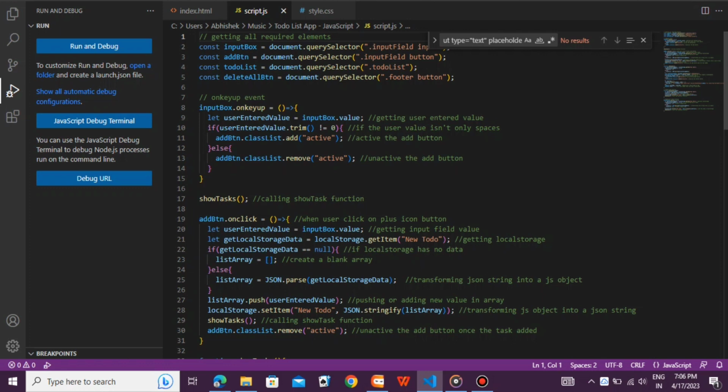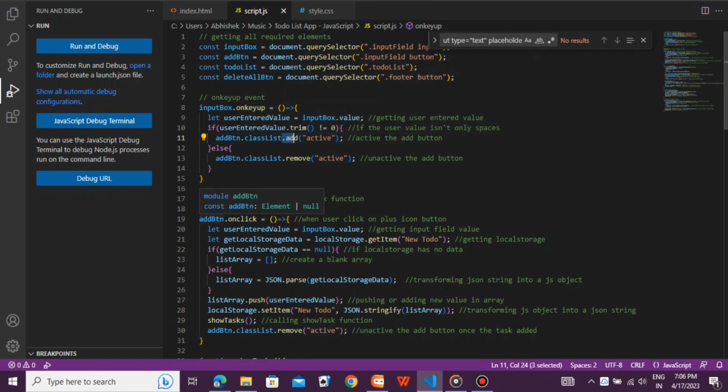So in this JavaScript file, there will be a required elements section. For the project we will require input buttons, then footer buttons, all we discussed in the HTML file. Then the first section will be an input section. In the input section there will be a button to receive the input, then an add button, then a remove button, then some required functions are there.